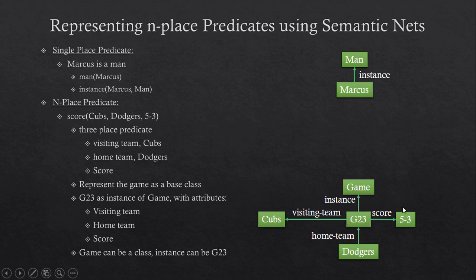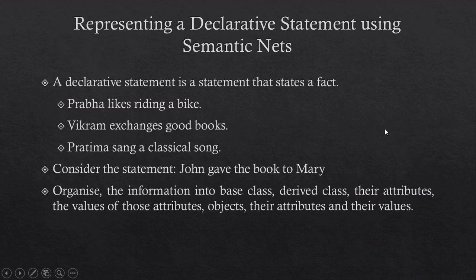This technique is very useful for representing the contents of a typical declarative statement. What is a declarative statement? A declarative statement is a statement that states facts. Prabha likes riding a bike. Vikram exchanges good books. Pratima sang a classical song.